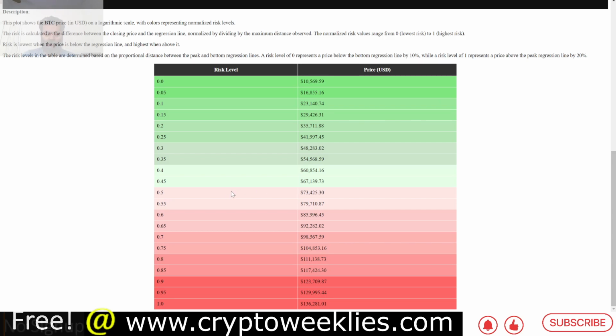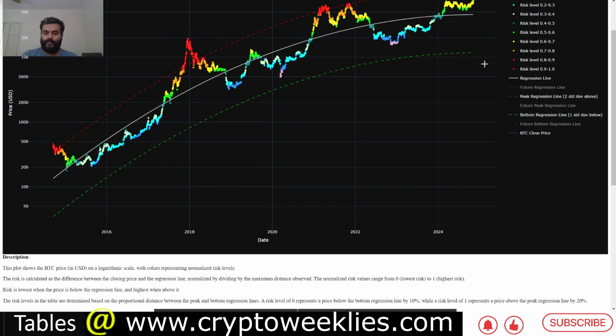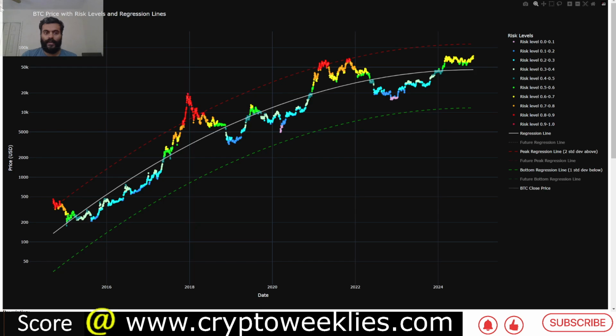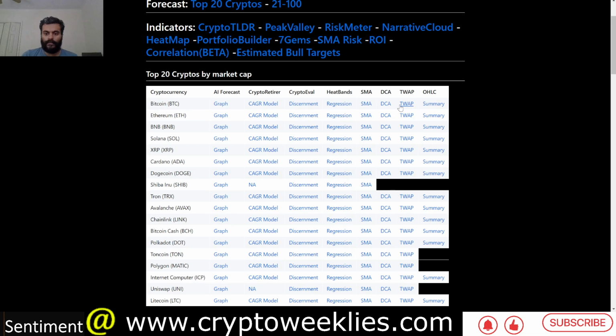This is a very conservative model. Per this model, the price between 85,000 and 136,000 would eventually be a mid to longer term peaking scenario for Bitcoin. At the end, we try to weight each of the models and come up with an estimated bull target based on the models towards the end of the video.